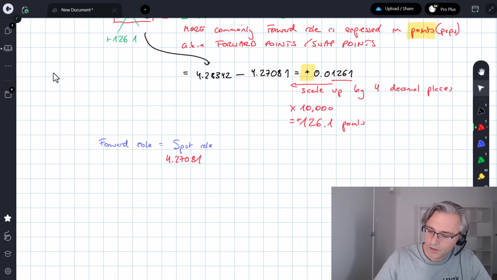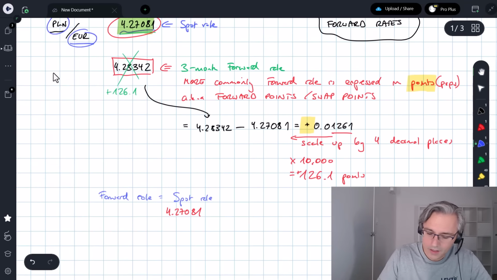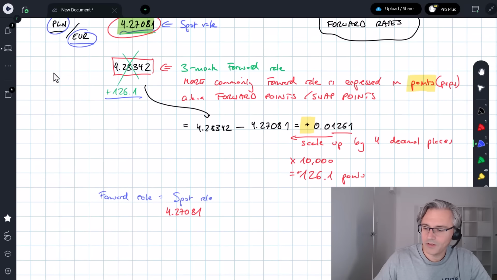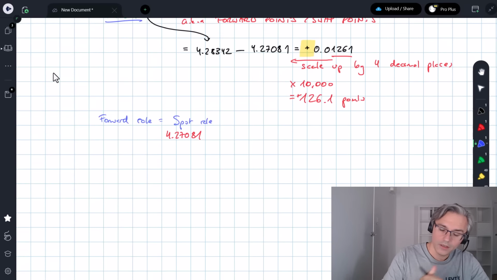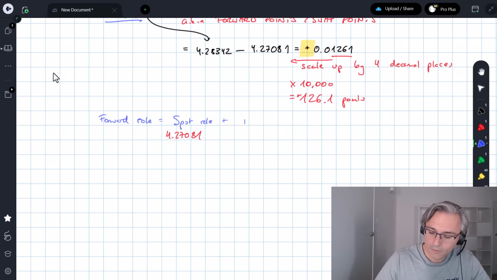And if they provide you with the swap points, assuming they are positive, then you obviously add. If they're negative, you have to deduct. But here, we just add the forward points,